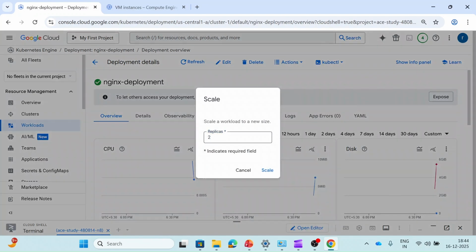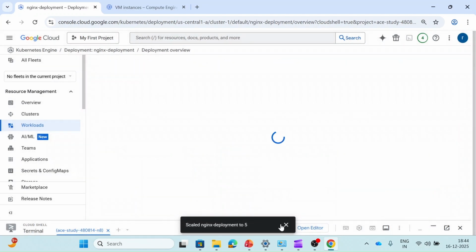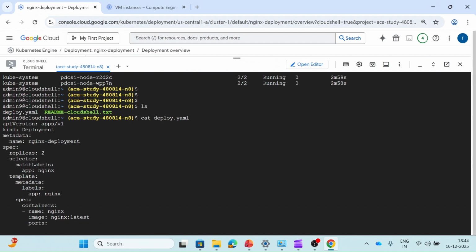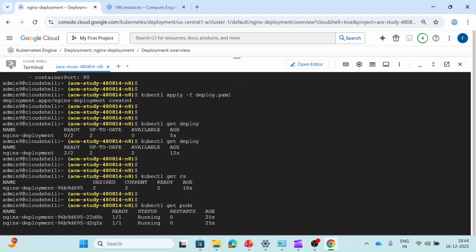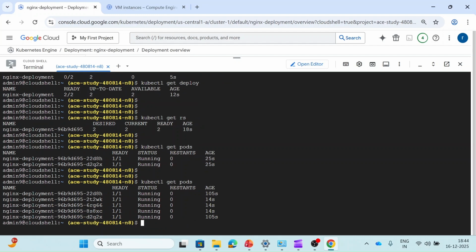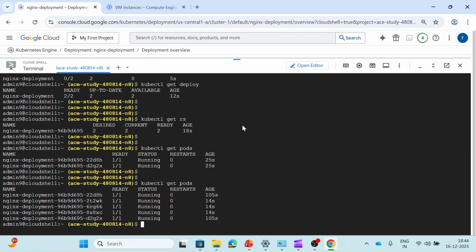Let's edit replicas. As of now 2 replicas are running, let's make it 5, and it will create our 5 replicas. Now let's go here and check our replicas. So let's run kubectl get pods to find out how many replicas are running. So you can see 5 replicas are running. It has already created the 5 replicas. So like this you can manage your